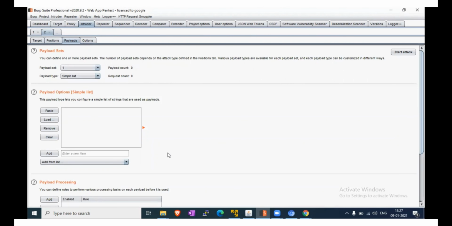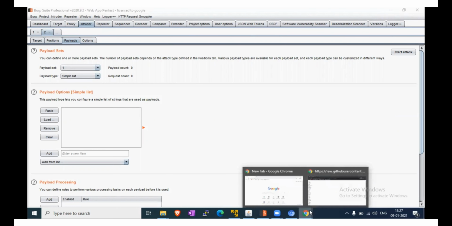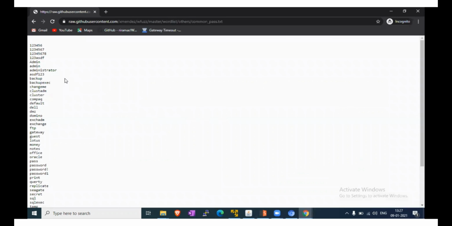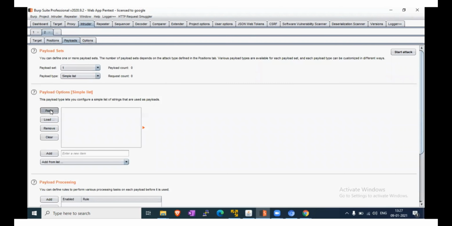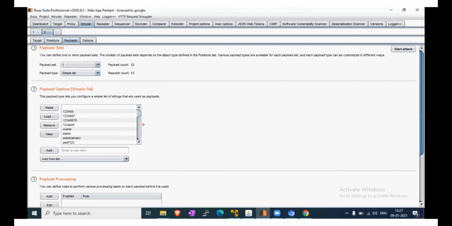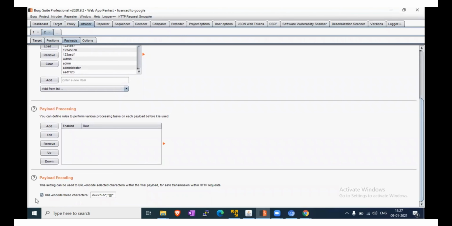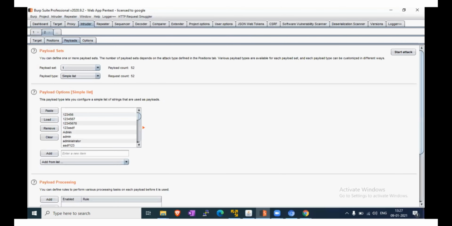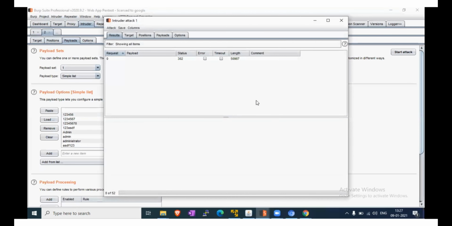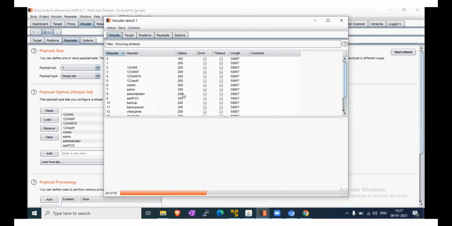In the simple list we will paste that payload, the common passwords. And one more thing, we have to uncheck URL encode these characters. Now start the attack. We have started the attack.